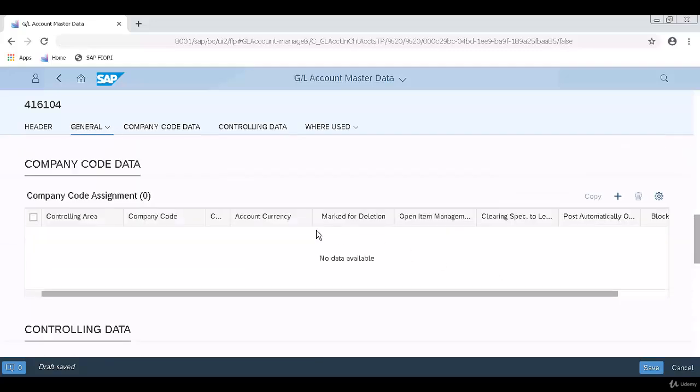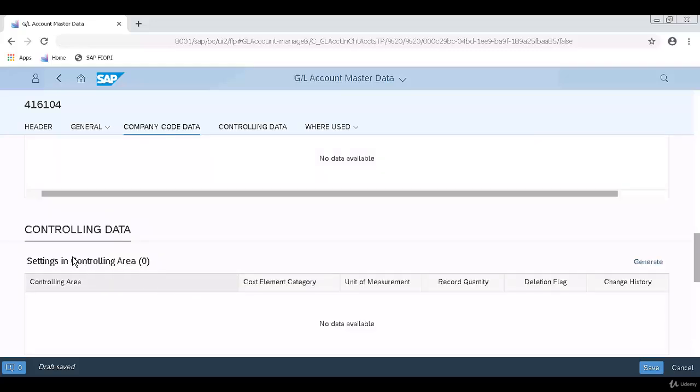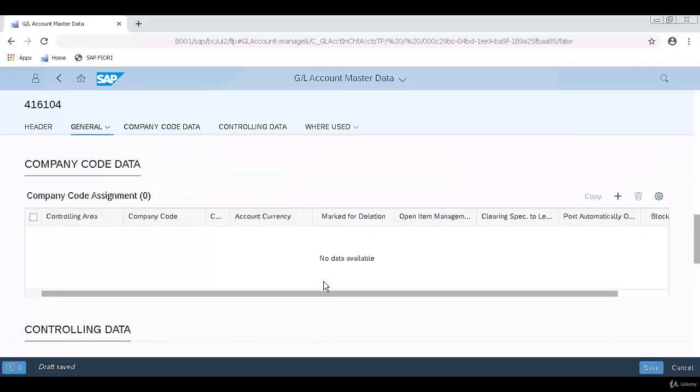Now we have to create company code data as well. As you already know that there are two types of segments into GL master data. One is chart of account segment and the second is company code segment. So here we have to create company code segment. And now we have got third segment as well, that is controlling data, which was not into SAP ECC. So in order to create company code data, click on this plus sign